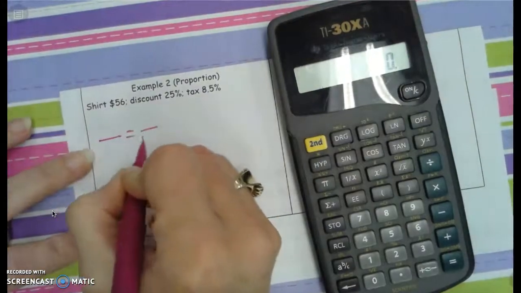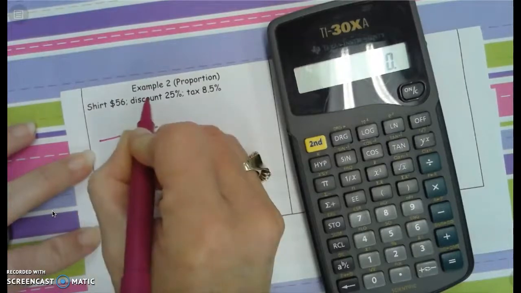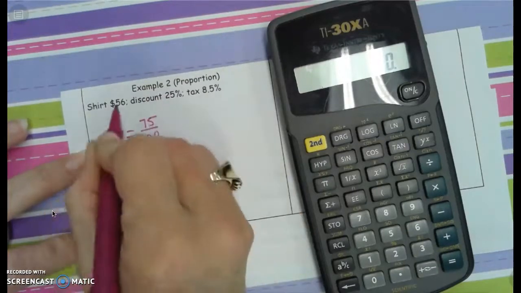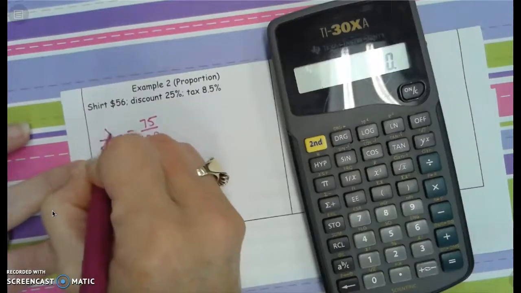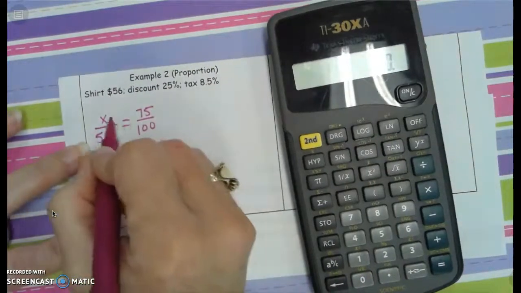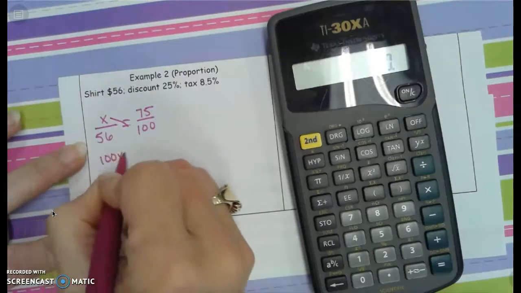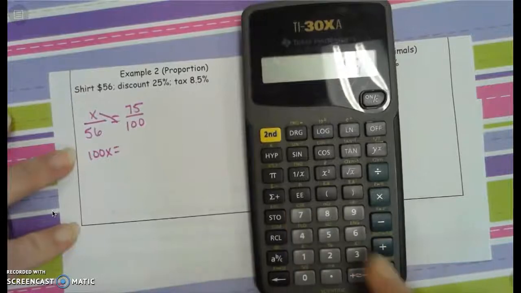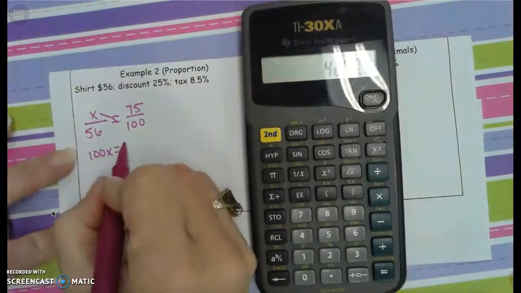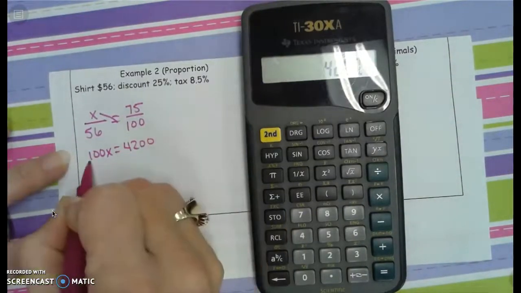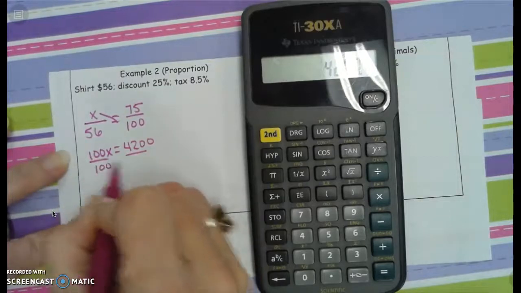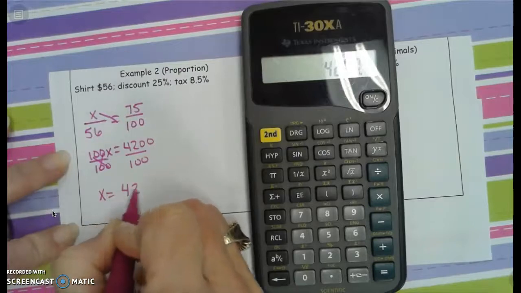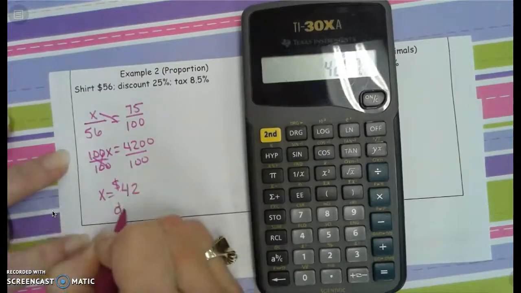Discount means the price goes down, so I'm not paying 100%. I'm paying 100 minus that 25, which means I pay 75%. And the shirt costs $56, and I want to know how much that's going to be. So I get 100x equals 56 times 75, and I get 4,200. So now I'm going to divide both sides by 100, and that lets me know that that item is now $42. That is the discount